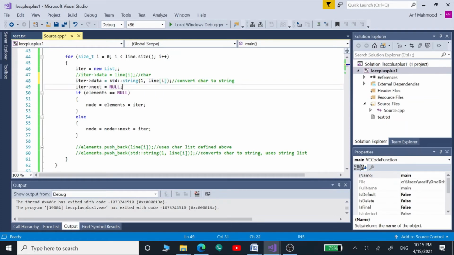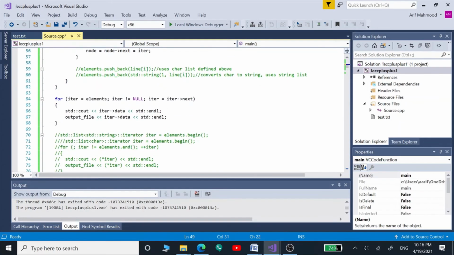We are placing this line I variable along with this one, and this string function is going to convert all these characters into strings, and then we put all those strings inside this iterator data variable, rather than what we were doing before, putting the characters inside our iterator data variable. So this is our complete program. Now our list is going to store strings.